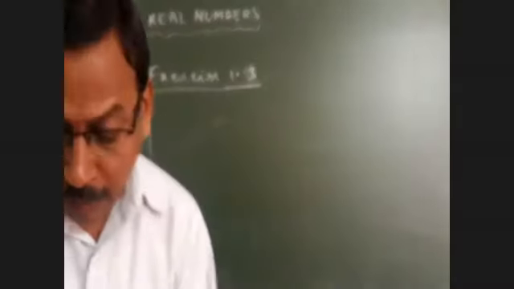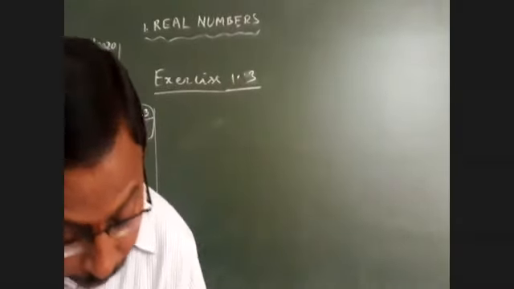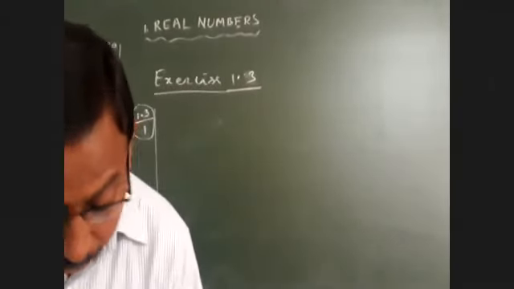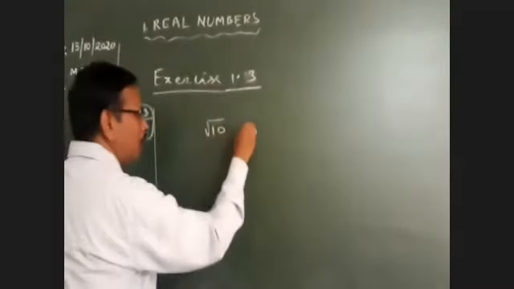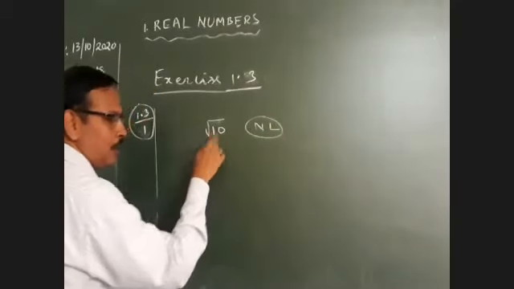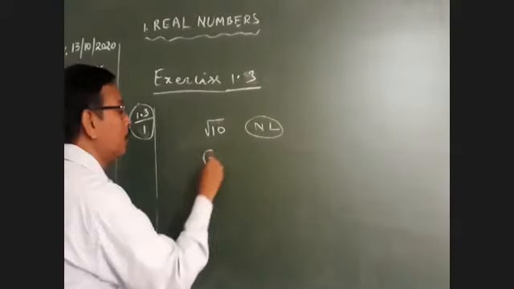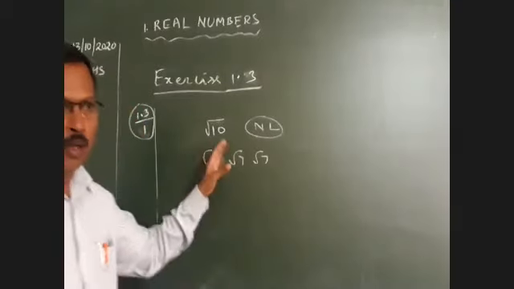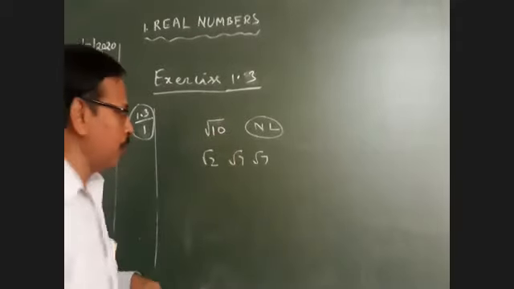So this is successive magnification. The 7th question was Akshay's. Question number 7: root 10, locate on the number line. Geometrical representation of root 10. Tomorrow I will explain this, because it takes some time to explain how to represent root 2, root 3, root 7 on the number line. It takes 15 to 20 minutes, and now there is no time. In the next class I will explain about this. Don't worry.